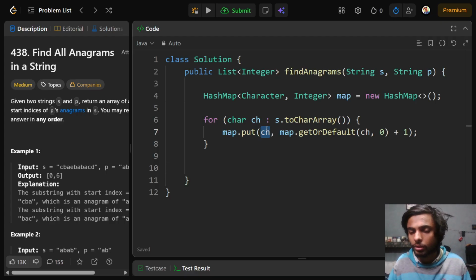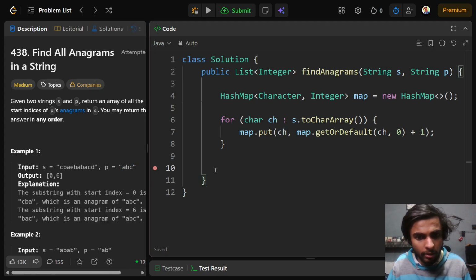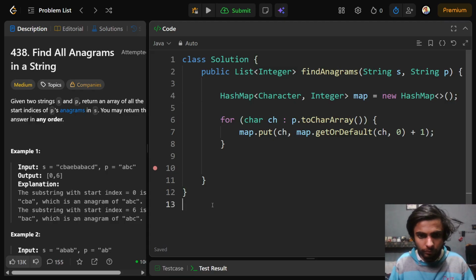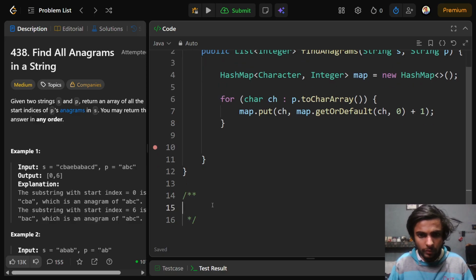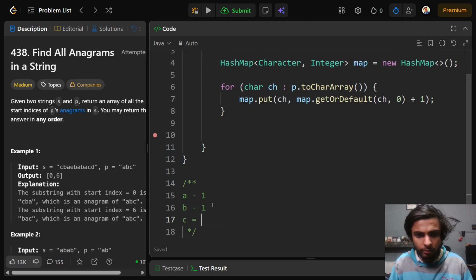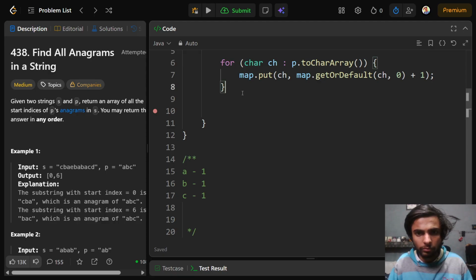Well, we don't need, no, we just need the frequency of these. We just need the frequency of ABC. Well, there is only one A, there is only one B, there is only one C. Okay,